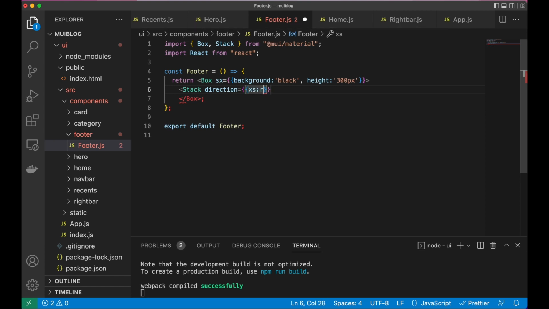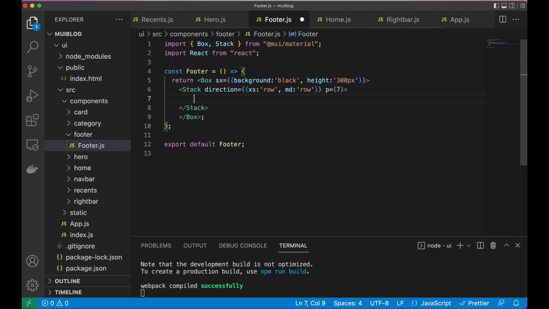So axis, it will be row, and also for medium I'll make this row so we don't get any kind of column design. And here I'll say a padding, and the padding will be like 7. Now let's close this tag, and inside